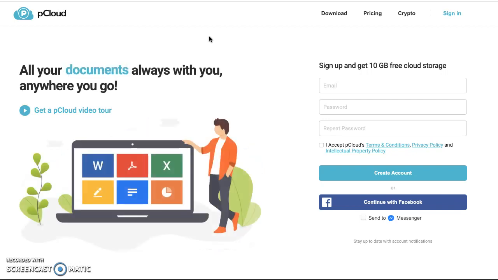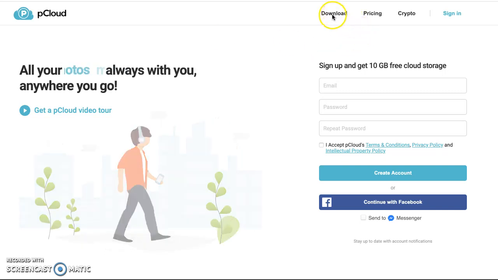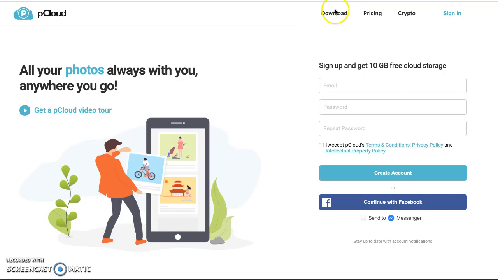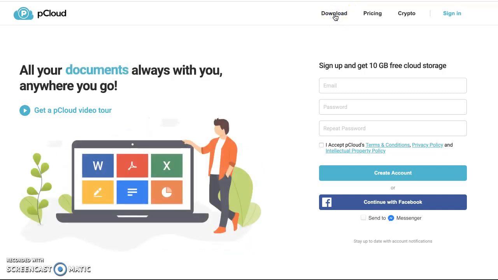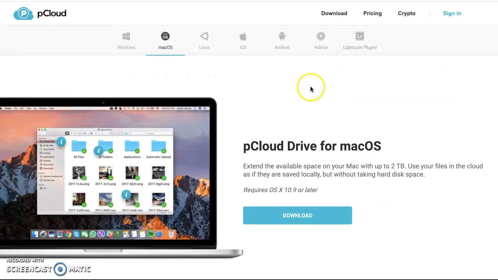So on pCloud, the first thing that comes in very handy in the download section from pcloud.com is pCloud Drive, and you will find that for your various operating systems, whether you're on Mac, Windows, etc. You can download pCloud Drive. Once you've got that and you've got it installed,